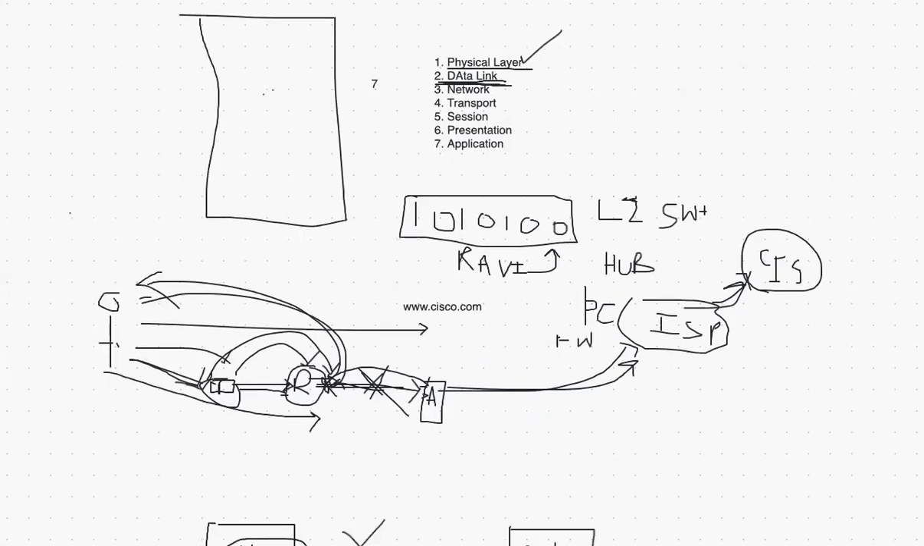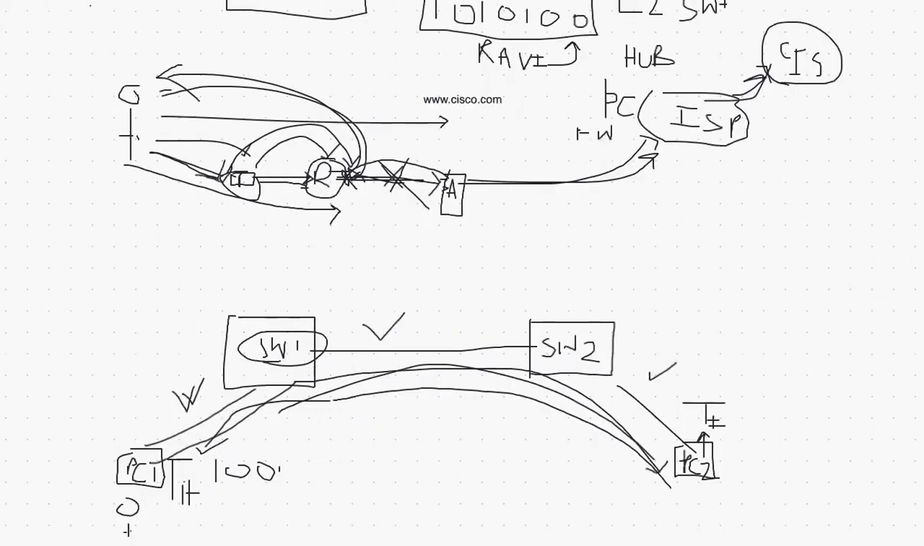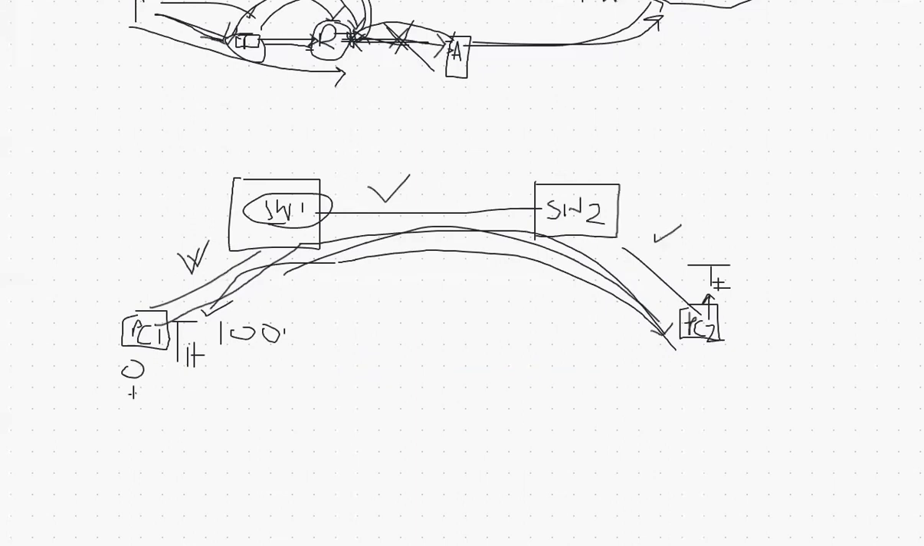Next up is the network layer. As you guys know, network layer is all about IP addresses, right? So what is an IP address? To indicate a specific device in a